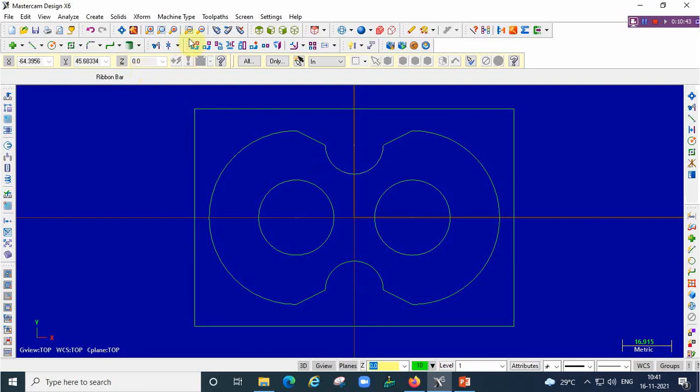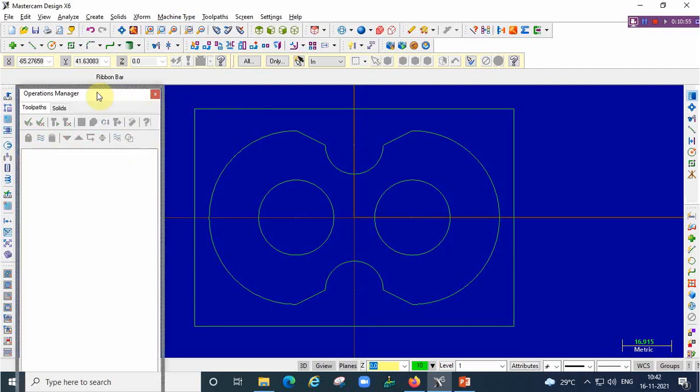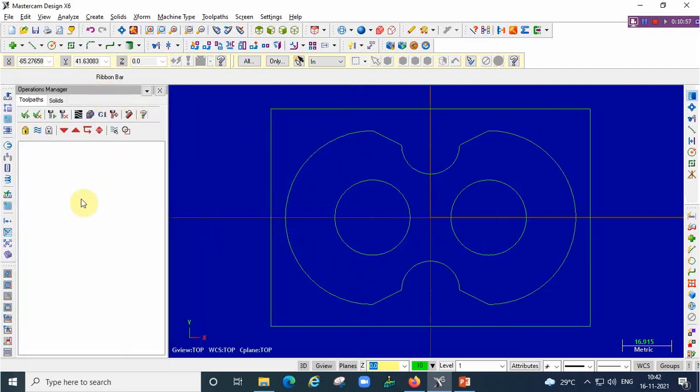Before that, select the machine. We must know where we are going to store all the data. If we press Alt plus O, we will get the Operation Manager window on the left side. Here only we are going to store all the data. Go to machine type, mill, default. Suppose for any particular controller we need, go with manage list and select that controller. The codings will be generated for that only. Now we have the Fanuc controller only, so go with the default option.